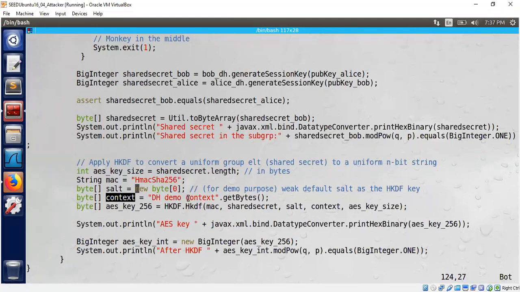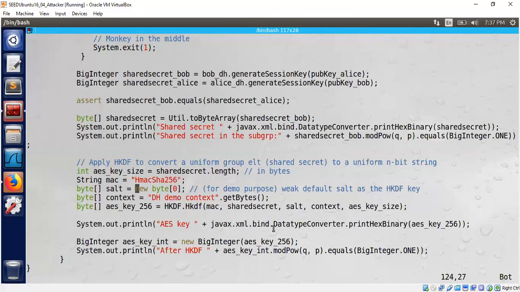Okay, so for example, an IP address, or not necessarily IP address, because IP address will be different between the machines. Something unique for that particular communication. Okay, maybe some kind of metadata. That's basically the context. Context is a string. Here I have a simple string, demo context. It's not secret, you can hard code it. But it has to be unique for each communication, right? Otherwise,